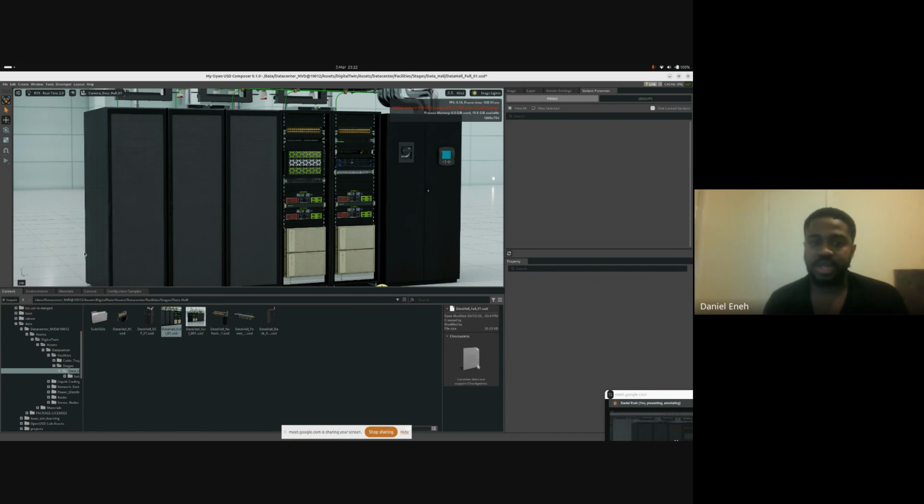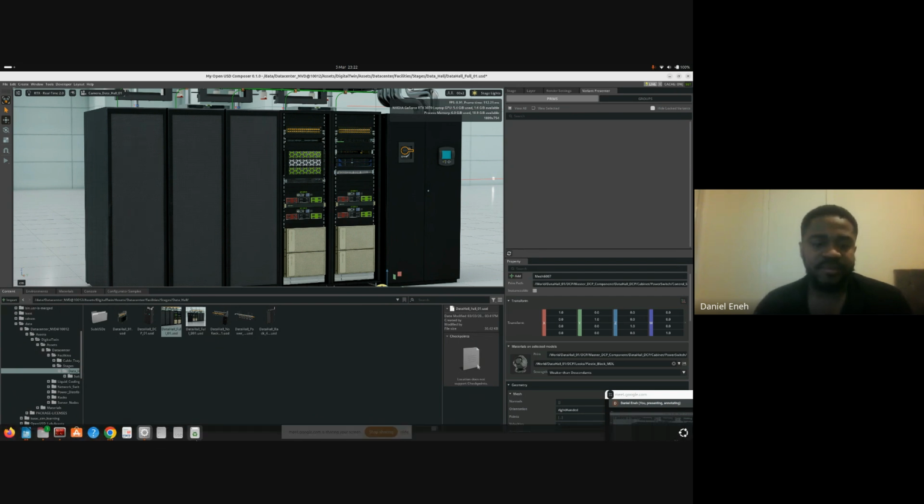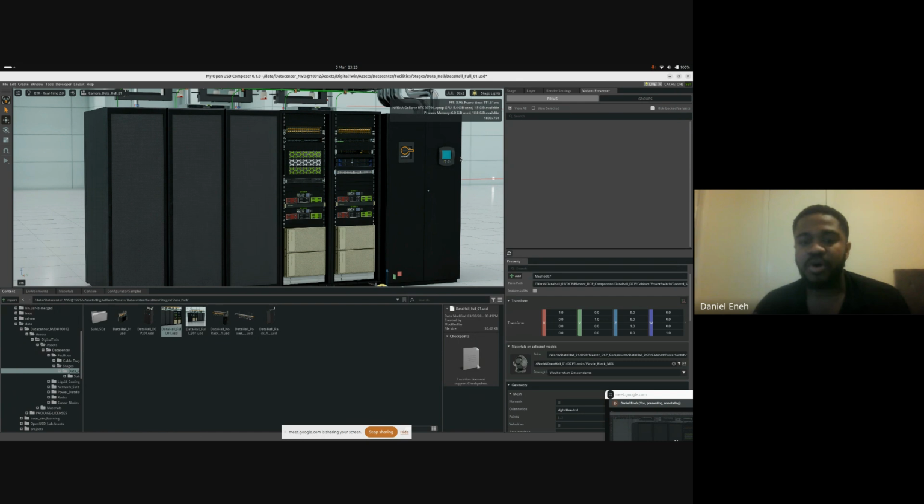So this is the data center. This is not just a 3D model. It also has racks, and all of them have physics. If you have learned how to use Omniverse, you define the physics, the OmniGraph, define the assets, and make them available. This is the data center that we are going to be working with. You can see there's a lot of things here. There's rack, there's on, there's off.